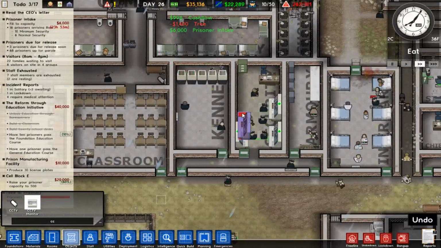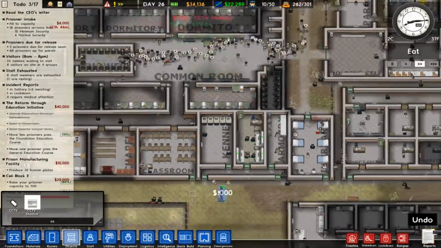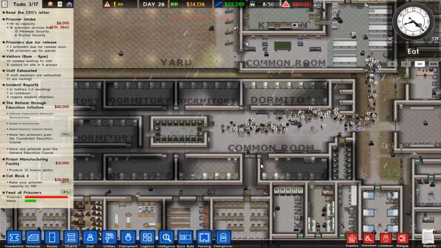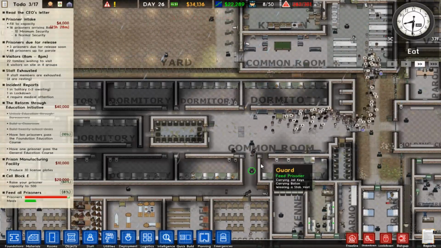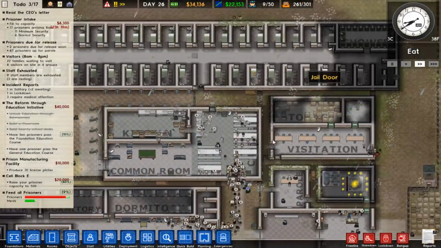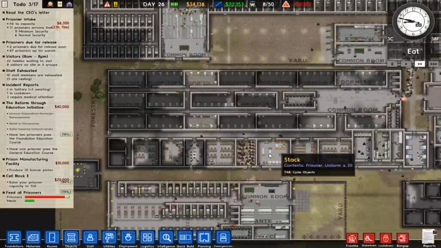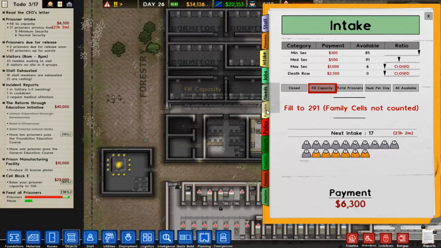More prisoners have joined. Gentle Meadows, welcome. Welcome, ladies. Glad to have you. We've got just a stampede of people going into the... Oh, my goodness. 300. We've got 300 prisoner capacity now. This is getting pretty big. Pretty big. Alright. Forestry area. Does that mean we can offer...